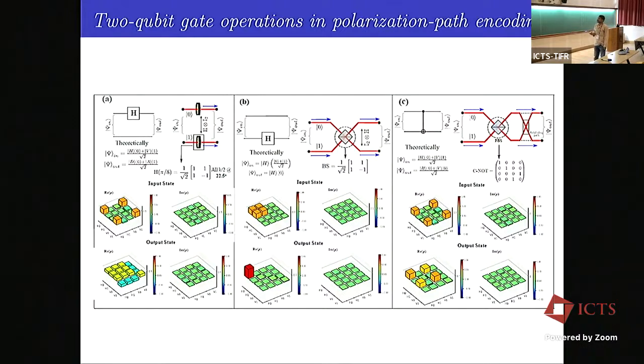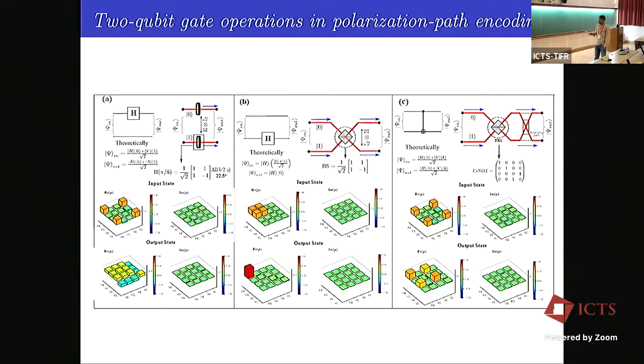But if I have to implement a Hadamard operation on the second one, which means that I have photons coming in two paths and both of them are my second qubit, I need to make single-photon interference to have a Hadamard operator on the second one. These photons are at 810 nanometer wavelength, and the path length has to be matched precisely to that wavelength, because it's actually a single photon being in superposition and interfering. So these are the theoretical schemes for implementing Hadamard on the first qubit, the second qubit, and